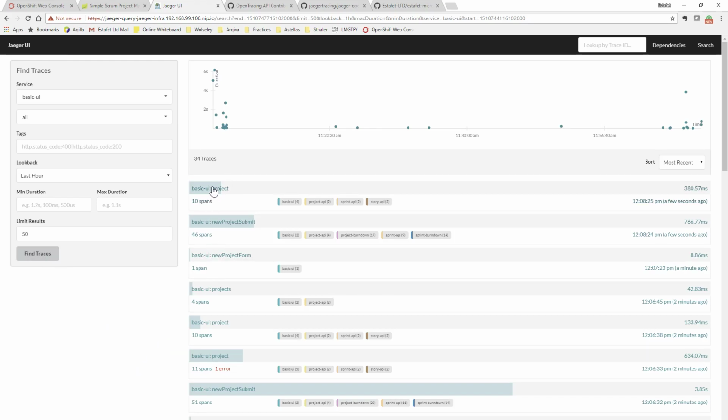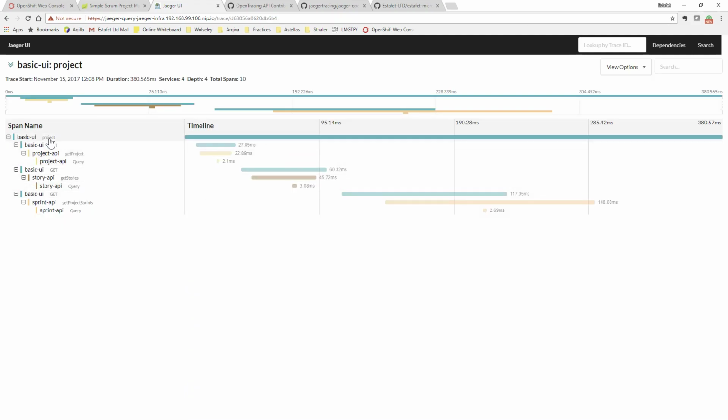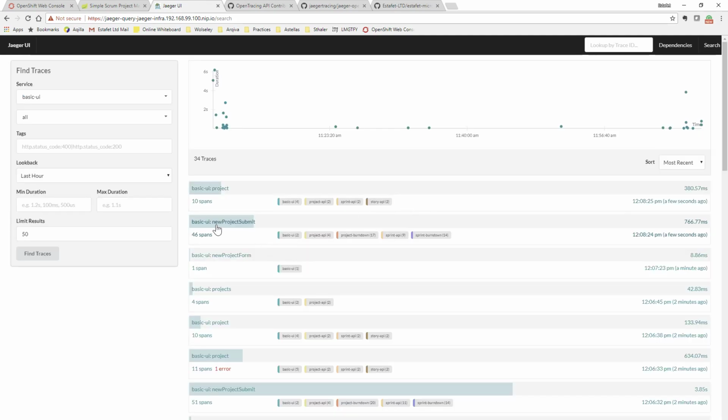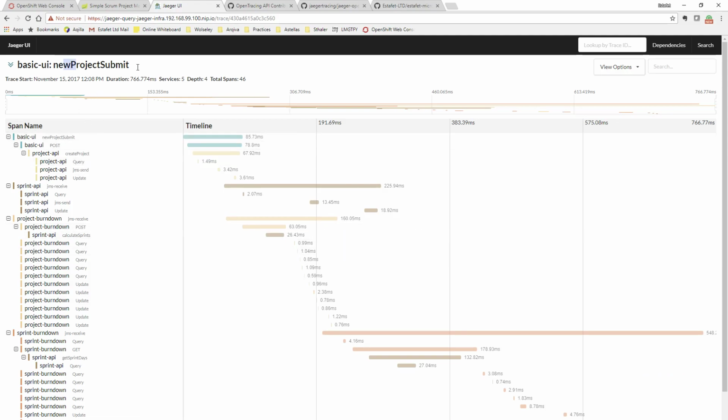So this one up here is something that we've seen briefly before. That displays the project details. But what we're interested in is what happens when we actually create the project. And we can see that by looking at this new project submit. So what happens is that when I press the button on new project, when I press submit on that, it did several things. So it called the project microservice here,